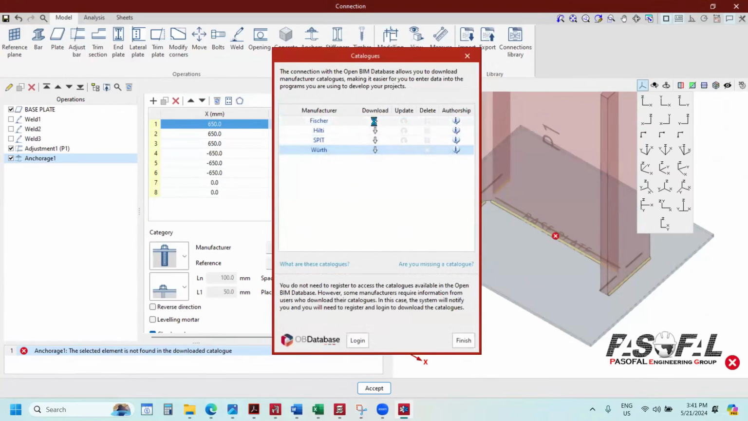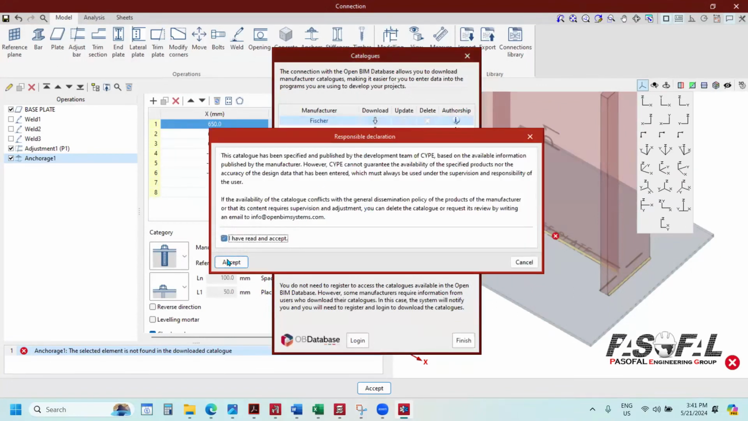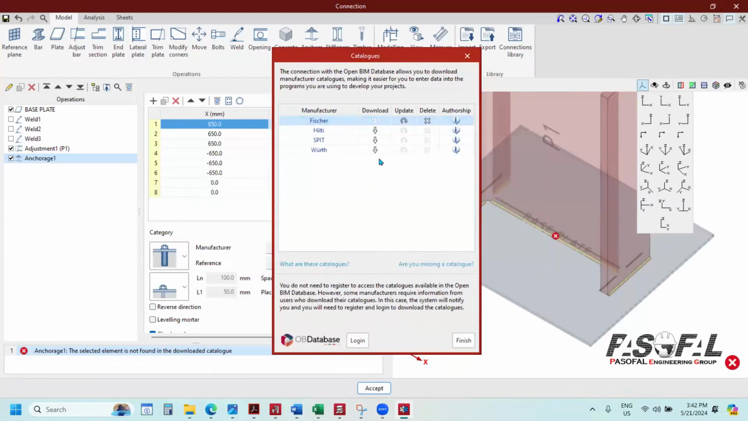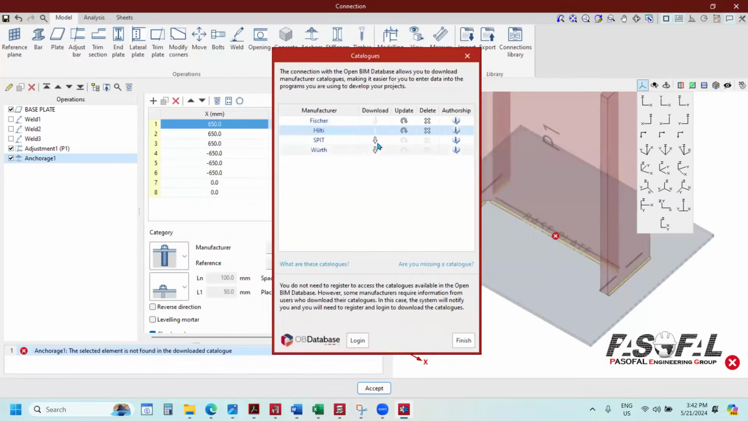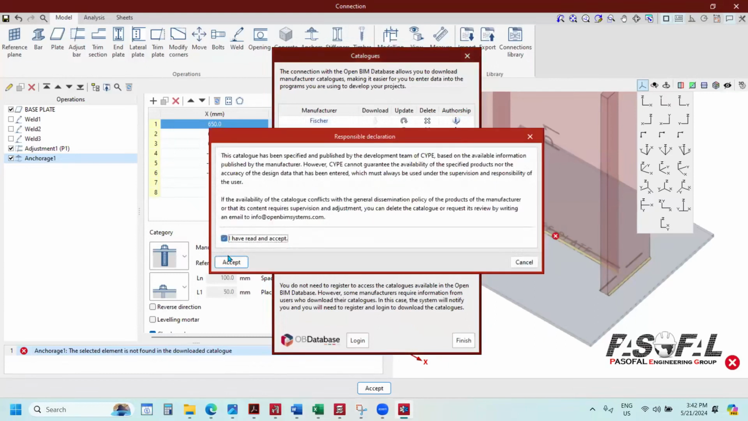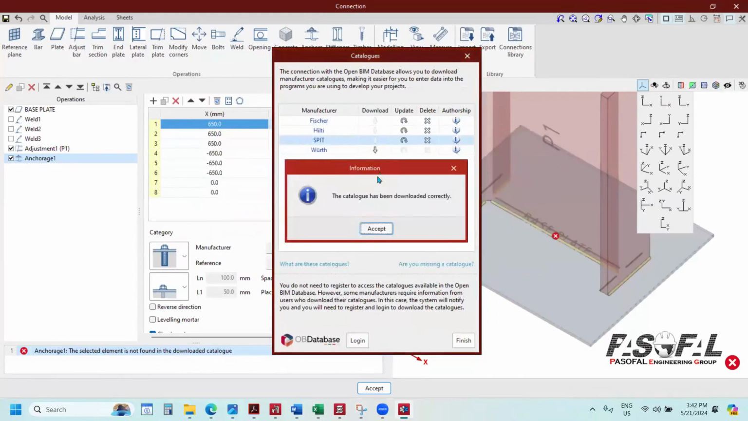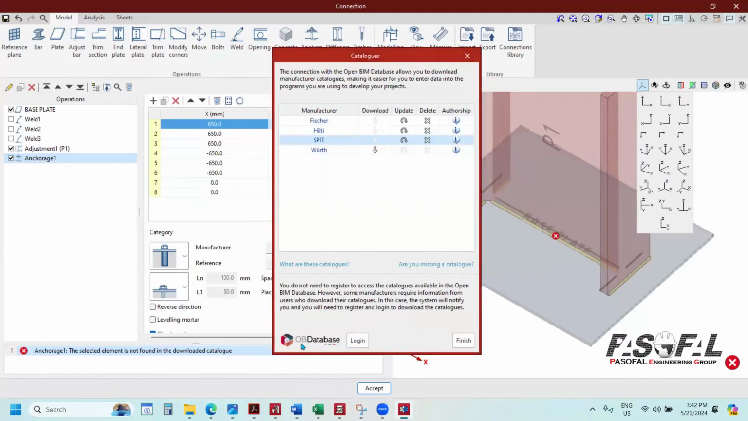You can download the anchors from these libraries. Later, if you want to edit them, you can edit them as well. But for downloading them, you need to create an account with the database. You can log in, or you can take advantage of your BIM Server Center account that you have. You can log in with that account, and you can access